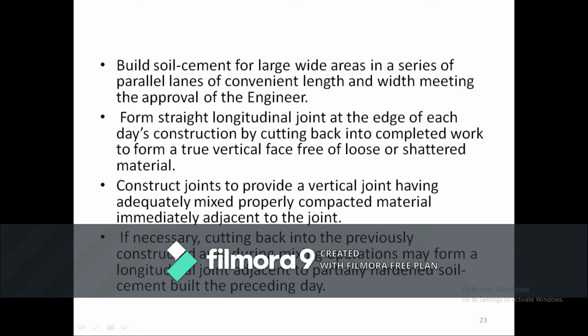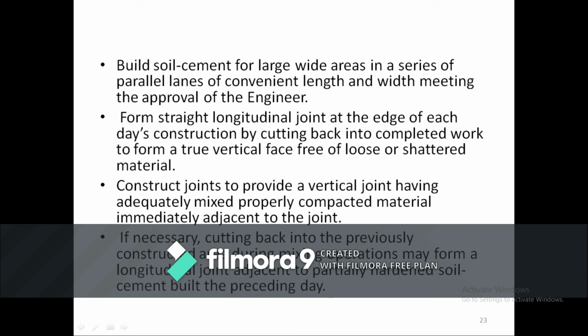Next, construct joints to provide a vertical joint having adequately mixed, properly compacted material immediately adjacent to the joint. If necessary, cutting back into the previously constructed area during mixing operations may form a longitudinal joint adjacent to partially hardened soil cement built the preceding day.